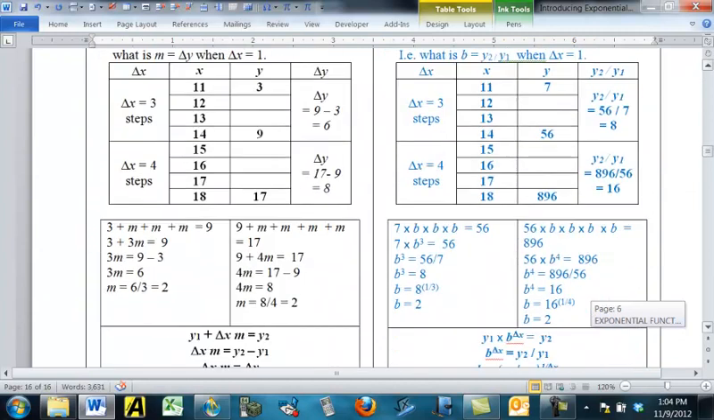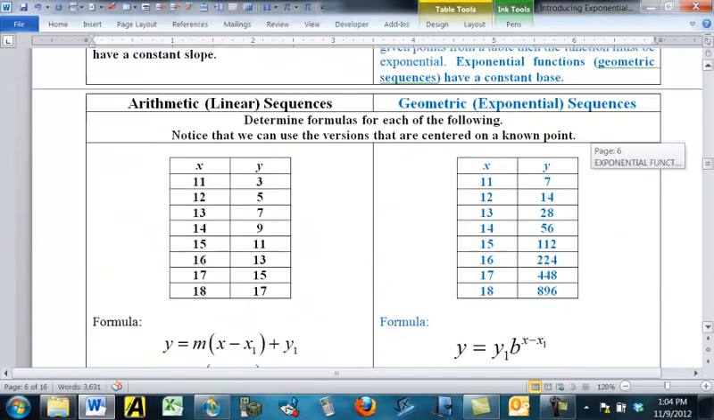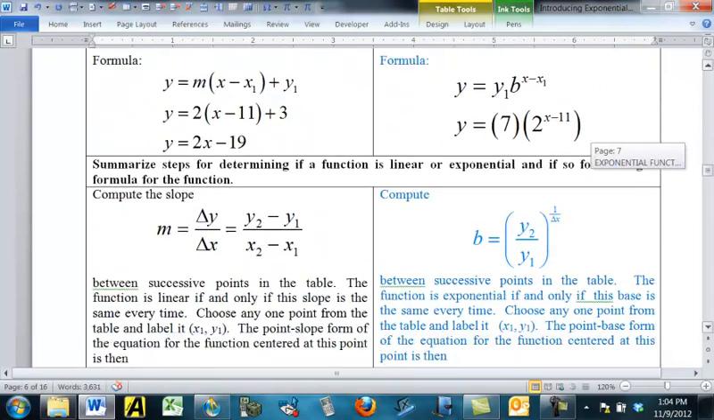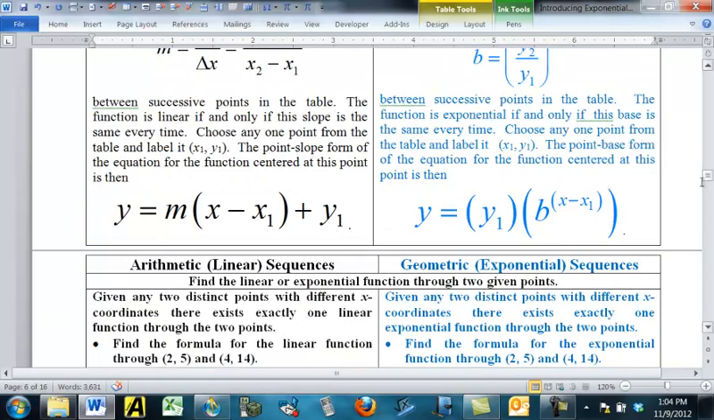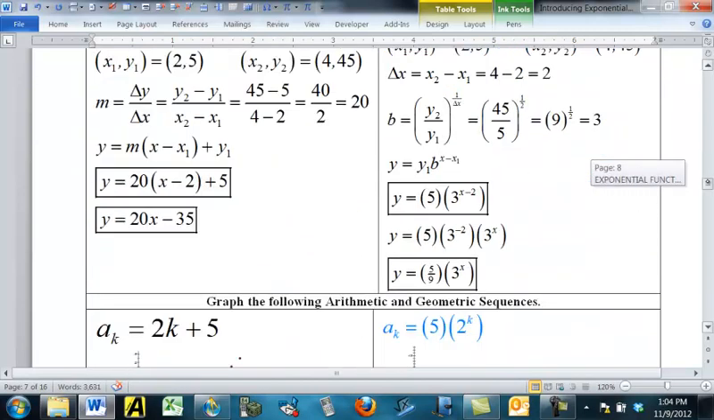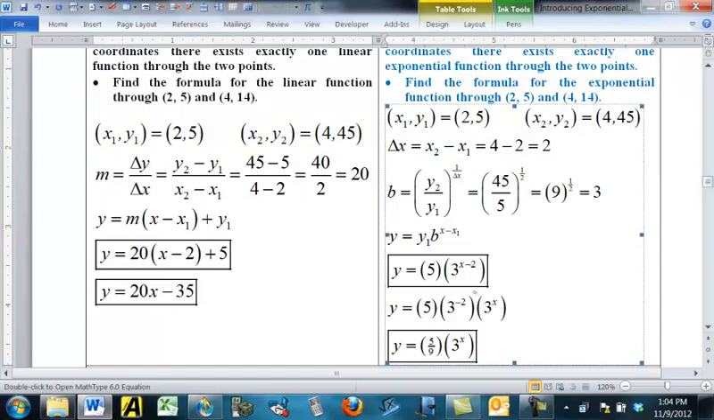We generalized what we wanted to do to get a general formula for the slope and the base, and the general formula for the equation. We did that. There's a general form. There's the point-slope or the point-base formula. We saw that if we had 2 points, we can find an equation of a line or an equation of an exponential function. Let me go ahead and